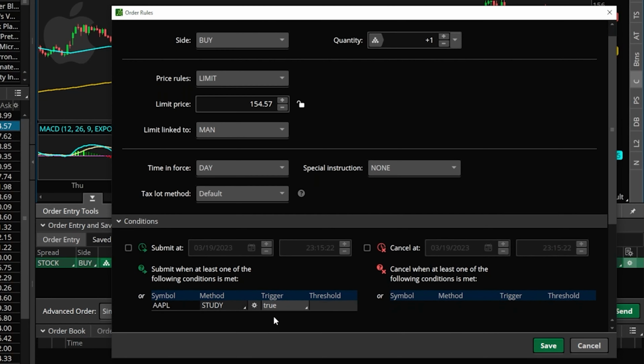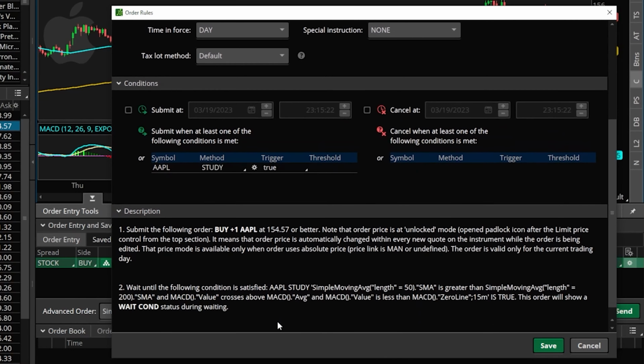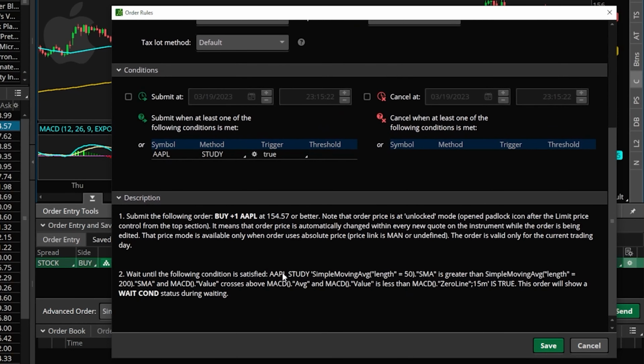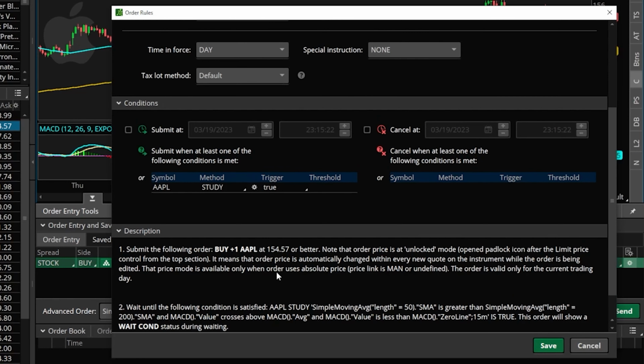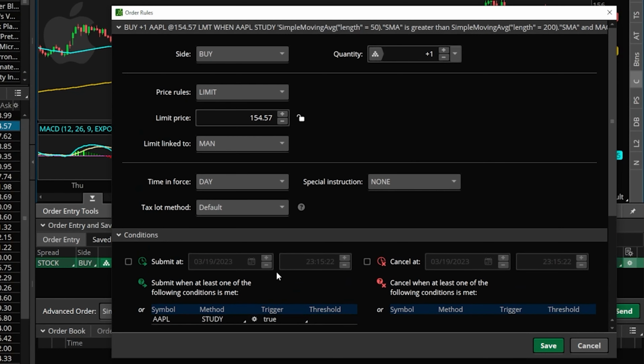And if I scroll down a little bit, it'll actually give me a description of exactly what this order is looking for. This is a lot to read through, so we won't go through it, but if you're ever confused and you want to make sure it's going to work exactly the way that you want it to, this is where you can come and read through it and make sure it sounds right. So again, what it's looking for is for all of those conditions that we just added to be met before the order above. So if I scroll back up, this order above, a limit order to buy it at 154.57,